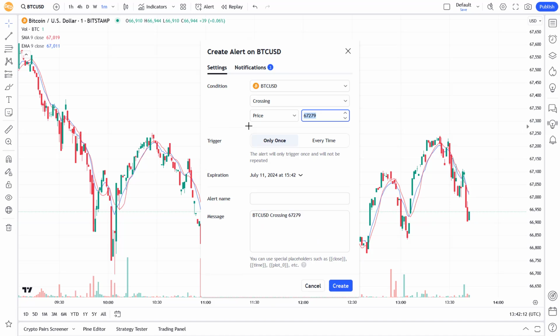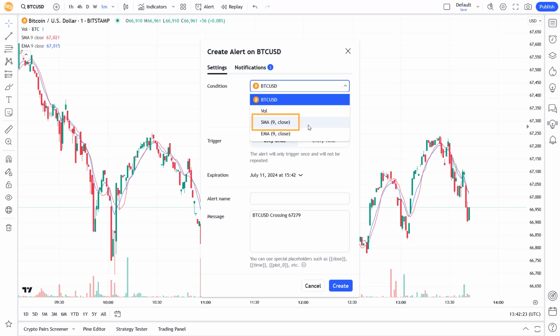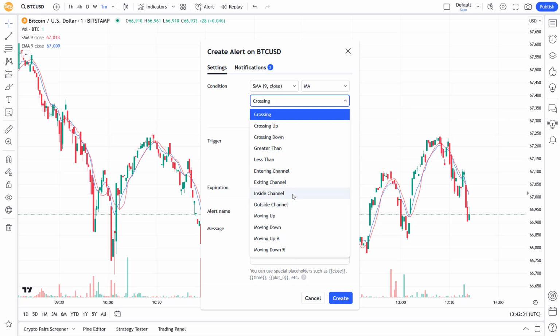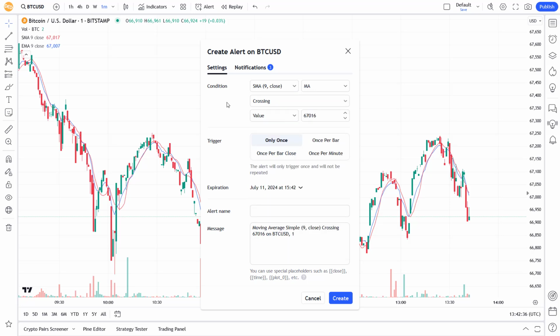Press Alt-A to open the alerts window. And now you can see in the condition pull-down menu that there are multiple indicators on which you can base the alarm. And we can compare this indicator with another indicator too. We have the same options as with the price levels concerning the conditions that have to be checked. And to show each and every option is too much for this video, but I hope you get the gist